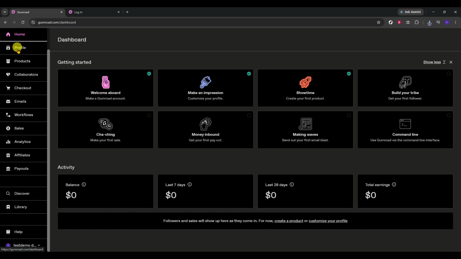Hello, today we will guide you through how to add a product to your Gumroad account. To get started, open Gumroad and sign into your dashboard. This is where you manage your store, products, and sales, so it's the main place you'll use when adding something